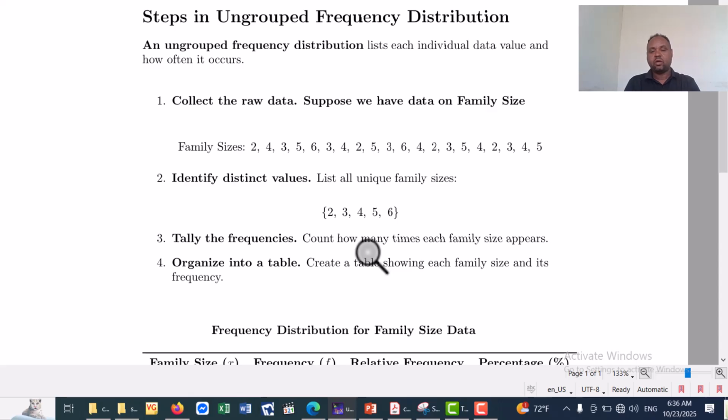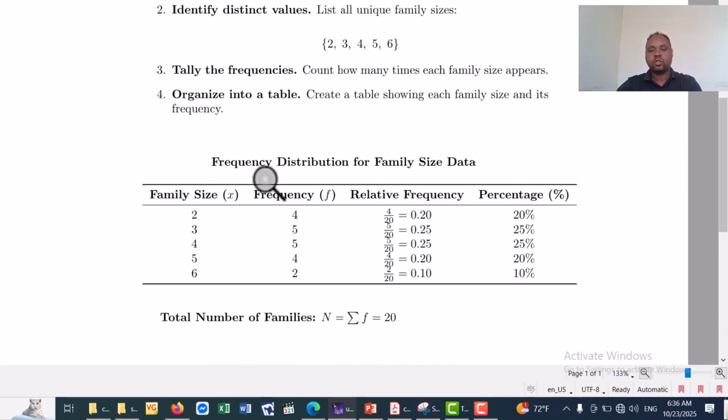Then the fourth step is to organize into a table, meaning creating a table showing each family size and its frequency. Then at the end of the day, we come up with this tabular data presentation for our family size data,